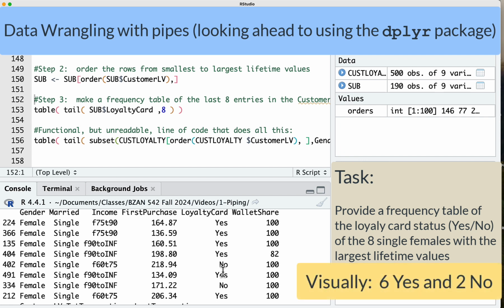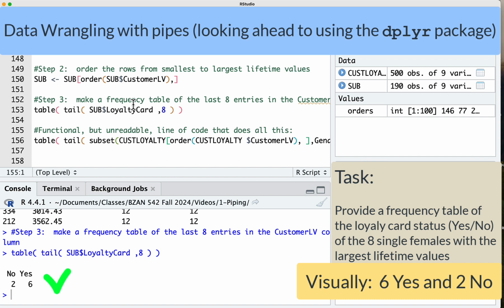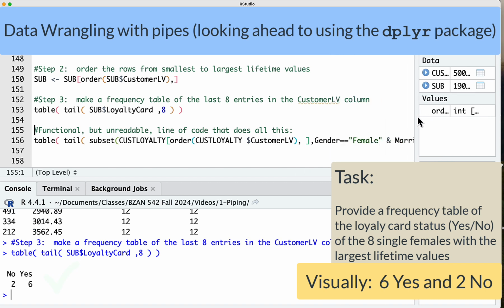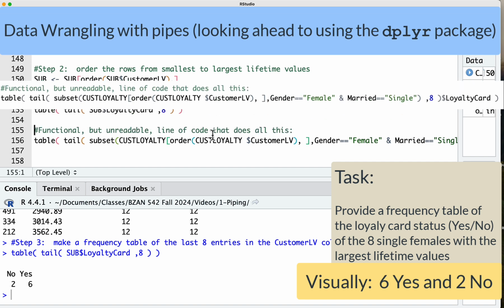So the majority have loyalty cards. That's good news. So we could make R do that by just running a frequency table on the last 8 entries of the loyalty card column, tail(subset$loyalty card, 8), and this would give us basically the answer immediately. So technically a functional but completely unreadable line of code that gets this all in one step would